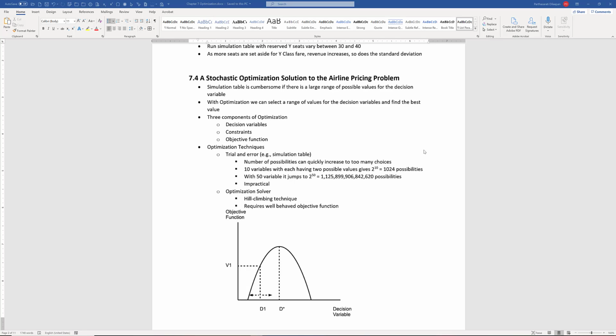So far, we have not touched on optimization. So we looked at simulation of three strategies, and then we used RISKSimtable to try different what-if kind of analysis. But now let's turn our attention to optimization, because